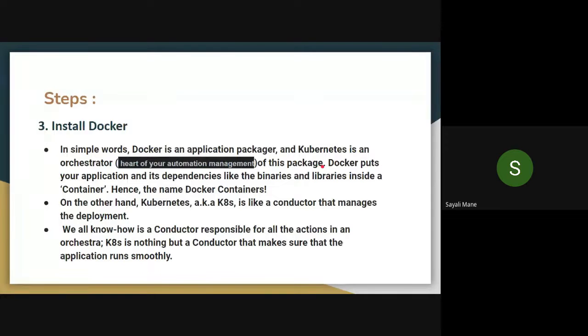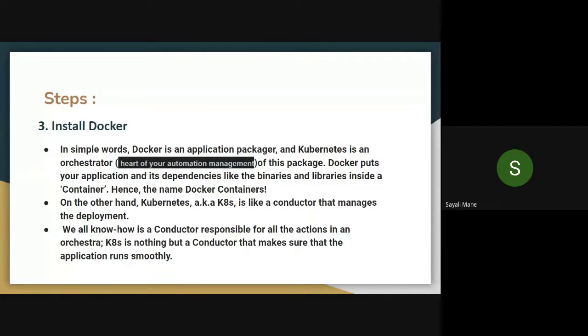Docker puts your application and its dependencies like binaries and libraries inside the container. That is called a Docker container. Whereas Kubernetes, K8S, is like a conductor that automatically manages your deployment.